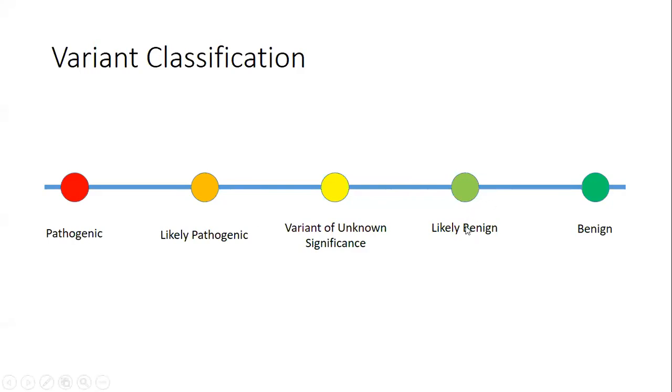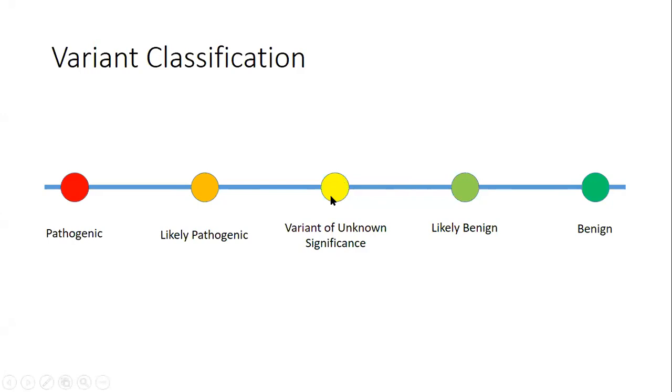Likely benign, somewhat self-explanatory. Likely pathogenic means the evidence is not airtight, but it's quite convincing. Occasionally, as more evidence comes in, likely pathogenic will move either to the left towards definitively pathogenic, or once in a while to the right, meaning that we tend to be cautious here. And sometimes a pretty convincing case turns out not to hold up.